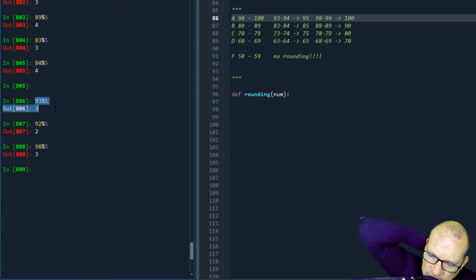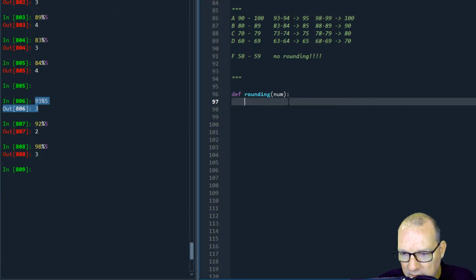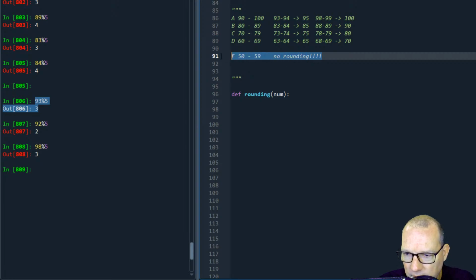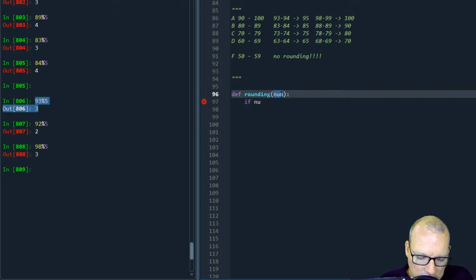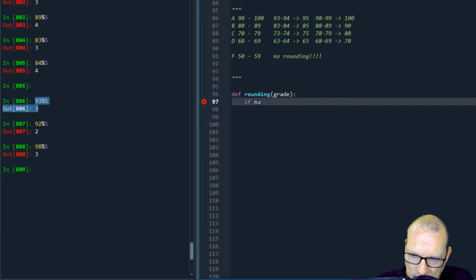All right, so first let me do our first bucket, and then we go from here. So if num, actually let's do grade. It's a lot more letters, but doesn't matter. So if grade is greater than